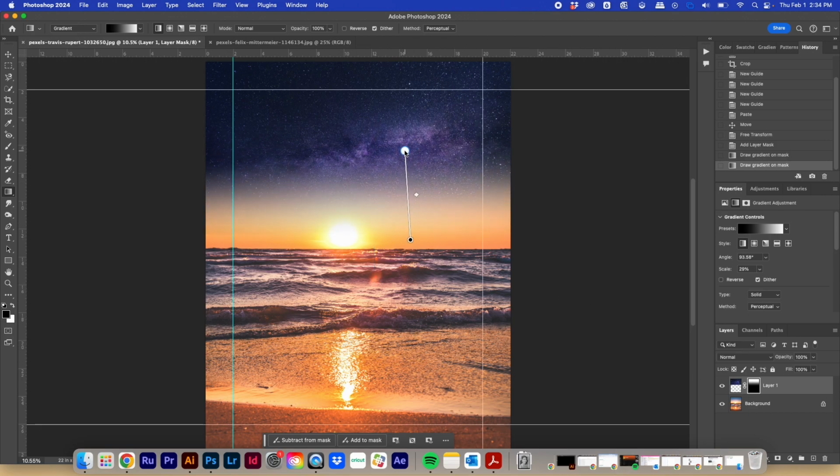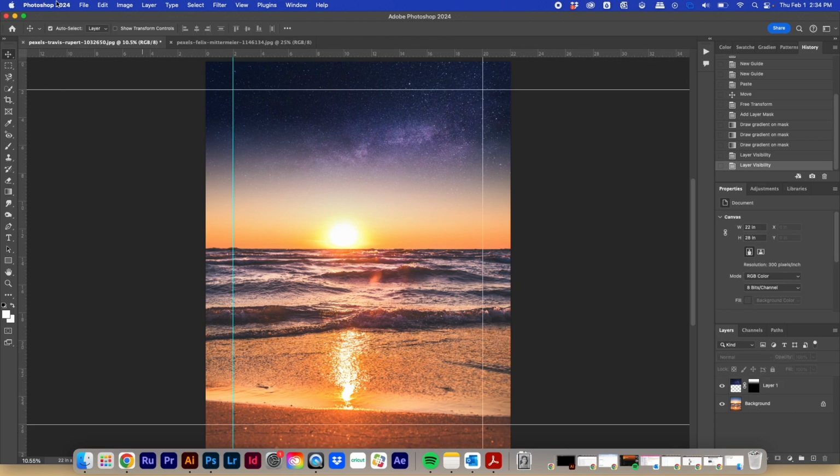Okay, so I like that, the sky. So this is the image, this is the mask, and I used a gradient to make it transition from black to white so that the image fades in there. Okay, let's bring in the other elements. File,